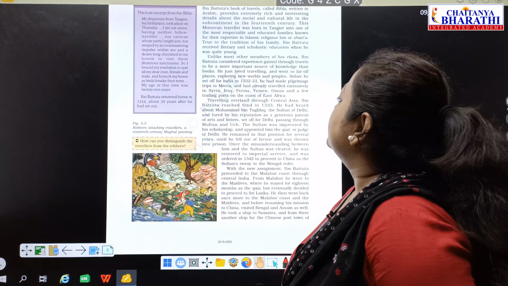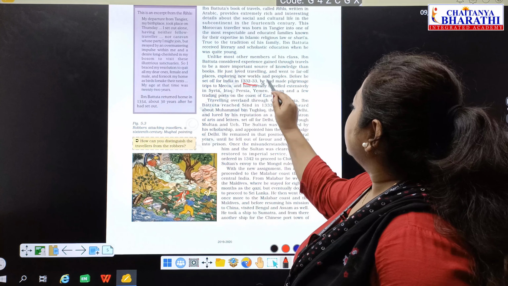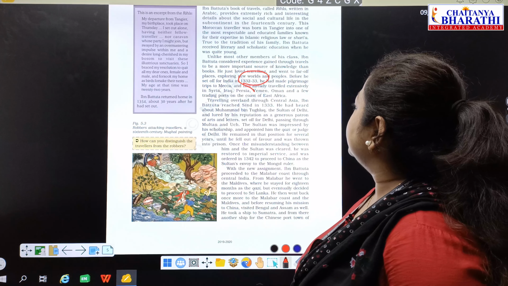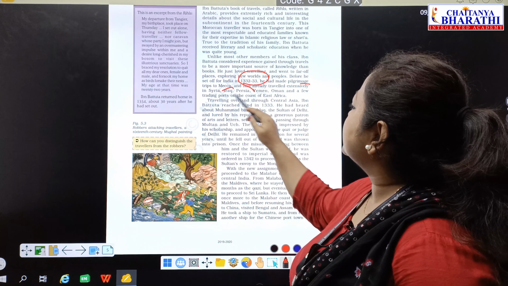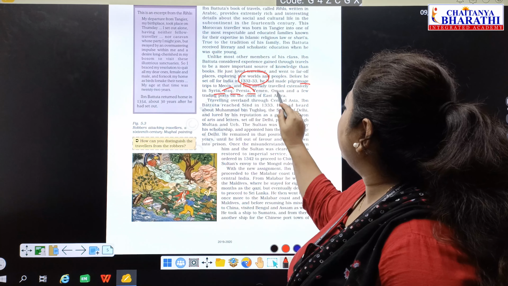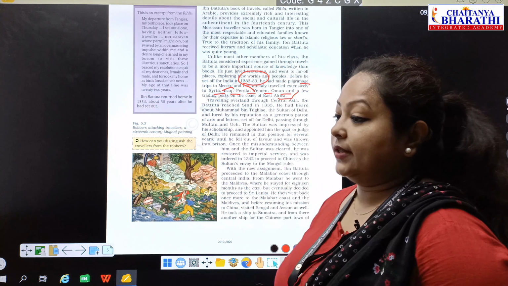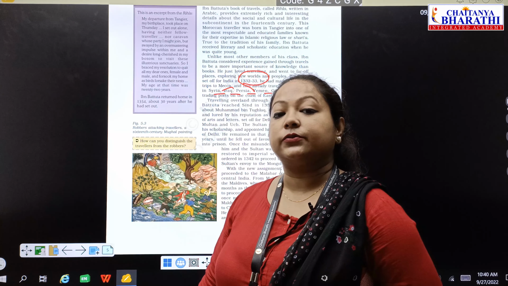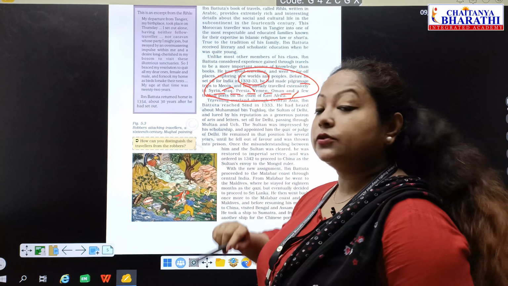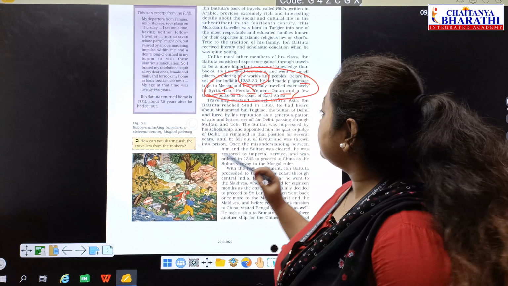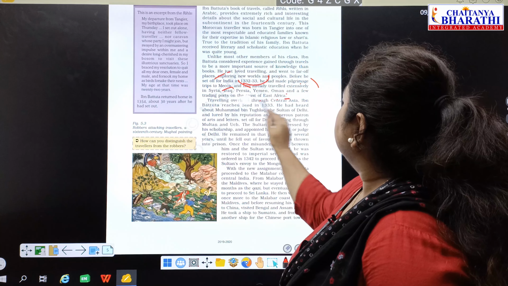He set out for India in 1332-33. He had already made his pilgrimage trip to Mecca and had traveled extensively in Syria, Iran, Persia, Yemen, Oman, and a few other trading ports on the coast of Africa. That means before he set out on his journey to India, he visited these places and also went to Mecca. Then,